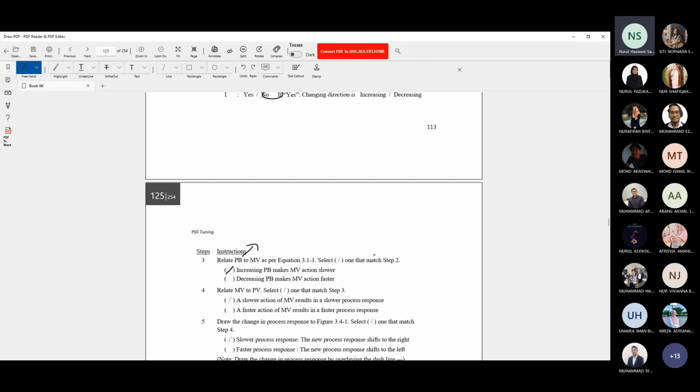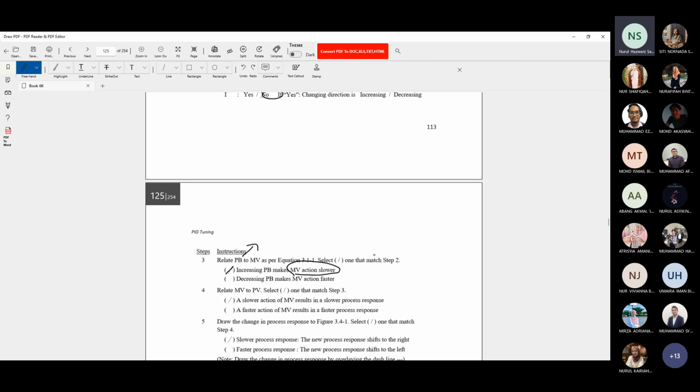Okay, you can tick here. Okay, number 4. You already know the MV action is slower. So we need to relate with the PV. In the question, it has been given that MV is directly proportional to PV. So when MV is slower, the PV also will be slower. So for the slower process response, normally the graph would be shifted to the